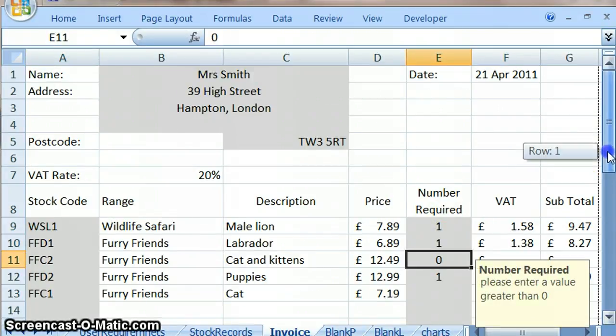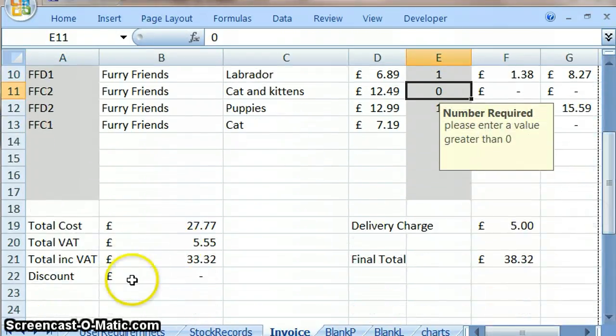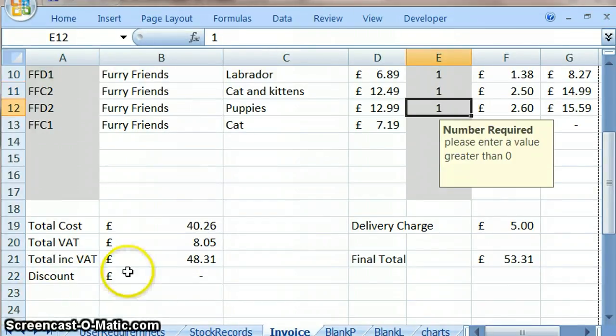I can click here and choose something else, and I can change the number, but I cannot just accidentally click and delete, for example, my discount formula. It's just not possible because I cannot select that cell. The software has stopped me actually selecting that. So that's protection, and that's very straightforward. Now the next thing you need to do